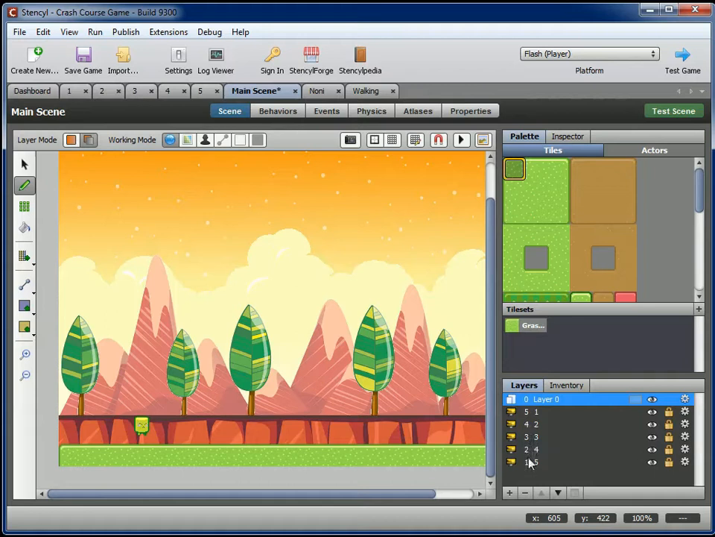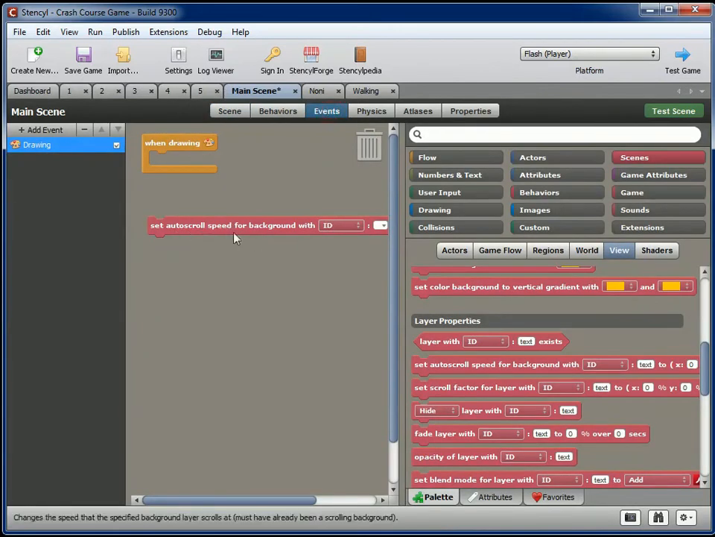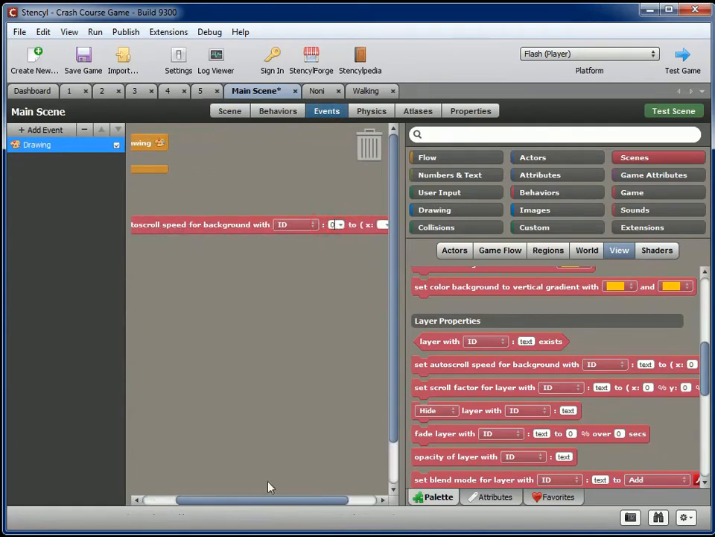1, 2, 3, 4, 5, 5, 4, 3, 2, 1. I think it's the first number is the ID. Could be wrong, but I think it's 1, 2, 3, 4, 5. Either way, it should work as long as we don't use 0. So let's go back to our events. So set auto scroll speed for background with ID of 0, or sorry, I just said we wouldn't use 0,